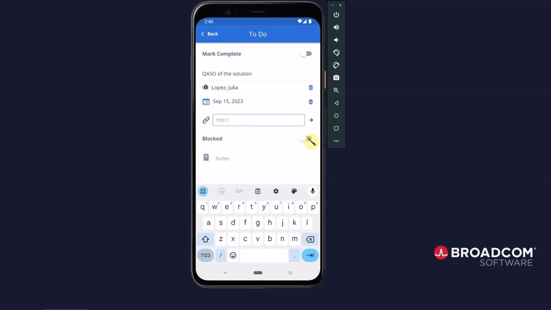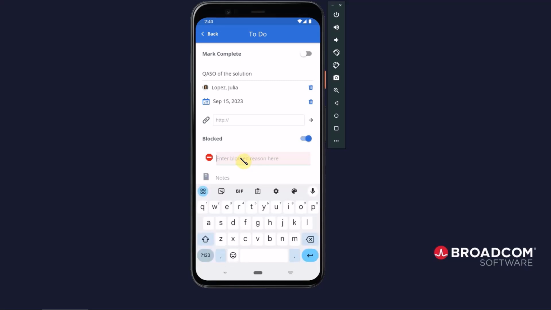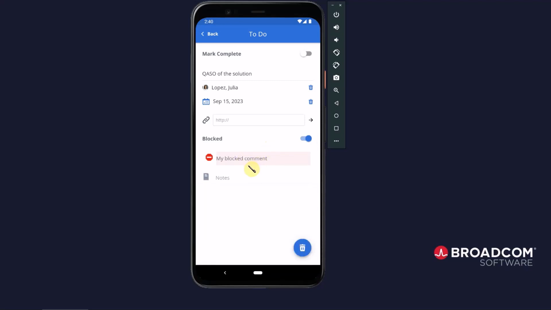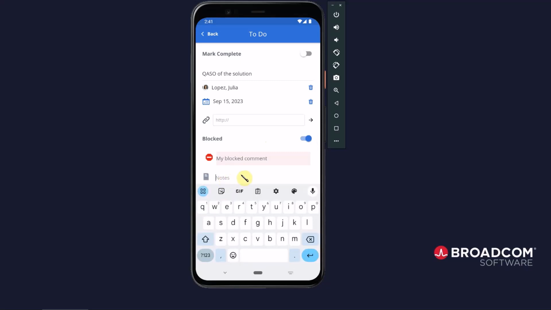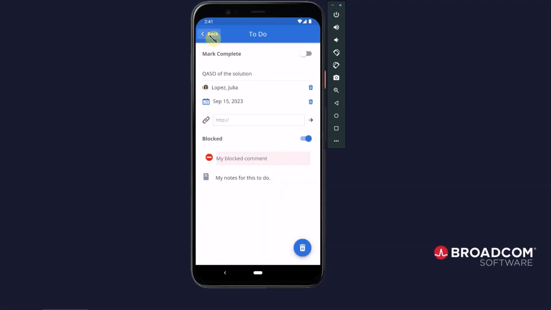If I mark it as blocked, or toggle it as blocked, you would see that the block comment reason field automatically pops up, and I can type in my information. And then right below that is the notes capability that I can populate to my to-do, which I can just touch on and it gives me the place to populate my to-do notes. Okay, I can go back out of that,